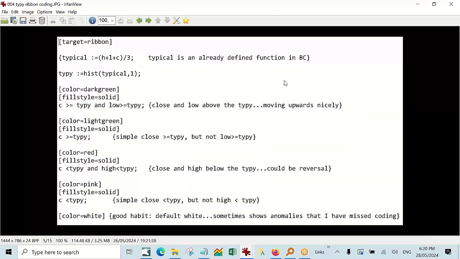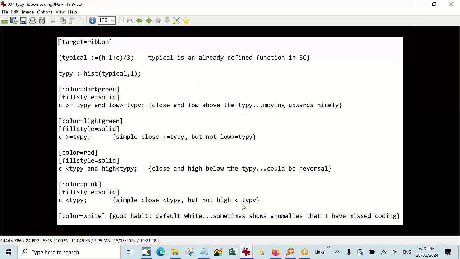This is the coding for the ribbon. Dark green, the close is above the Tippy, and the low is also. So it's moving up nicely. Light green, just simply the close is above, and the low may not be. Red ribbon, the close is less than the Tippy, and the high is also down as well. We'll go back and look at that in a minute. And there could be a reversal in the wings,